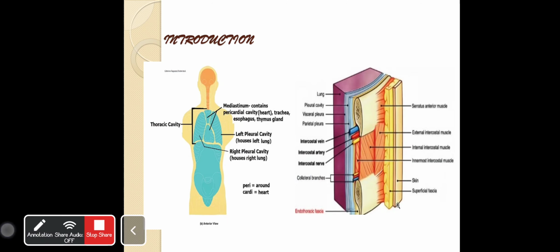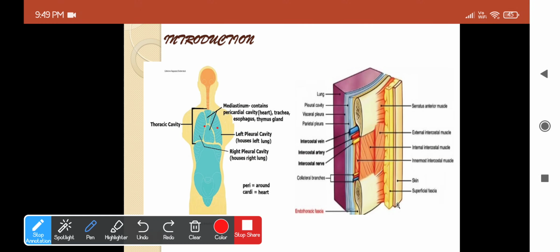So, as I said, the entire thoracic cavity will be divided into two lateral compartments, namely the right and left lateral compartments, called the pulmonary cavities, and a central compartment called the mediastinum. This mediastinum holds the important structures of the thorax, namely the heart, covered by pericardium, and the associated blood vessels, phrenic and vagus nerve, esophagus, and thoracic duct. So this holds the most important structures of the thorax. And the lateral compartments hold the lungs, the right and left lungs.